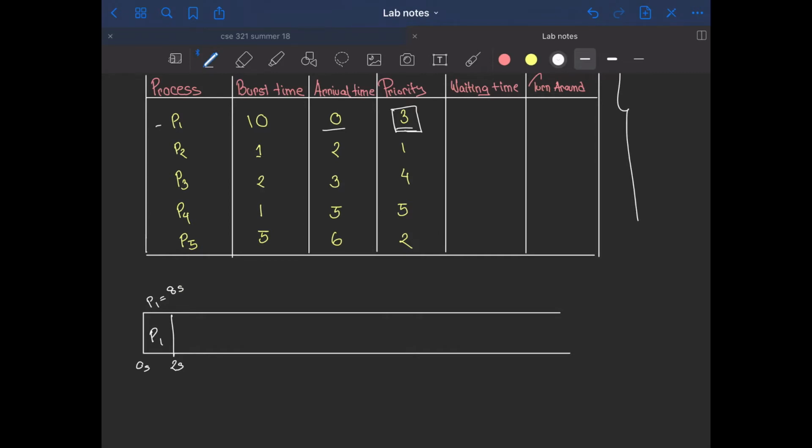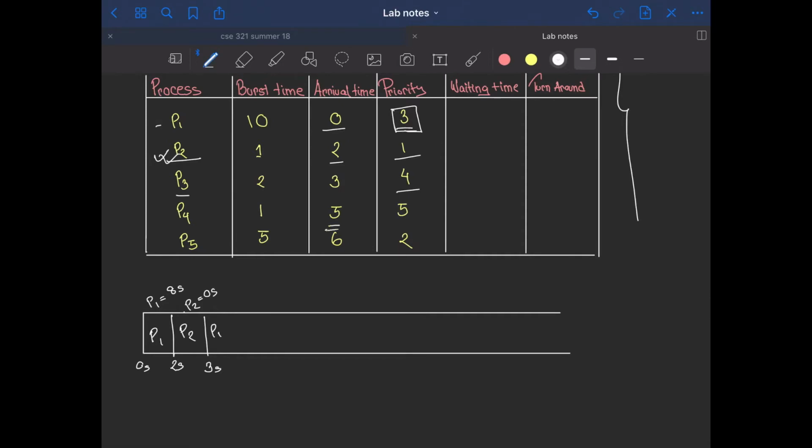On the 2nd second we have a process P2, and P2 has a higher priority than P1. P1 had 3 and P2 has 1, so definitely P2 would get the CPU, right? P2 comes in and has a burst time of 1 second. So at the 3rd second, P2 doesn't have anything left to do, right? And on the 3rd second we have another process P3, which has a priority of 4. However, P2 is done, and P1 had a higher priority, a lower value, right? So P1 would continue its work